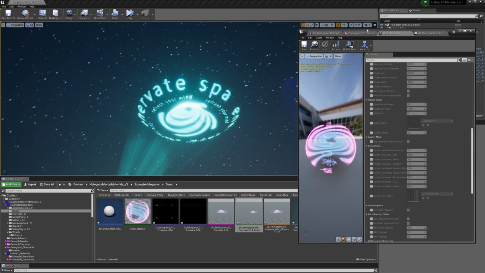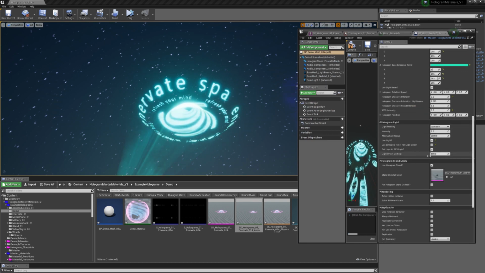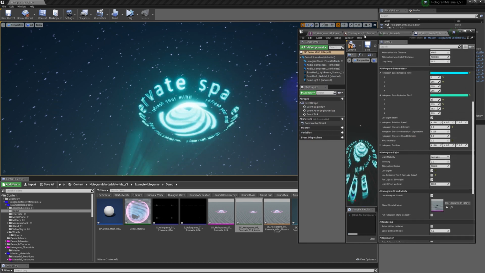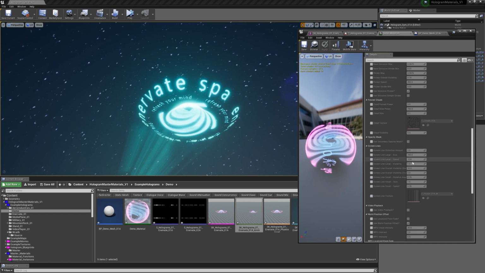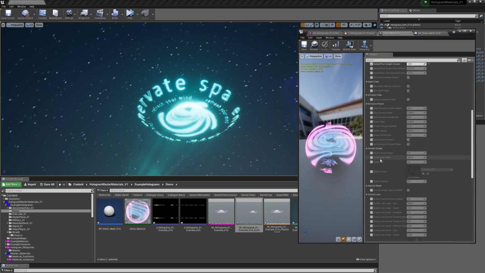I think I'm already referencing the clouds inside of the blueprint though, but I think that the only setting that the blueprint is actually referencing is cloud visibility. So see how I change the value here and it doesn't change in the world because this is the blueprint, right? But